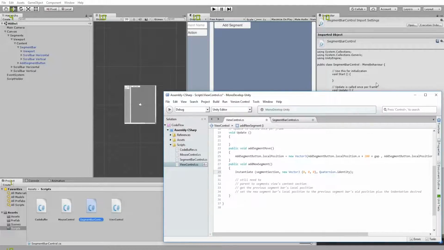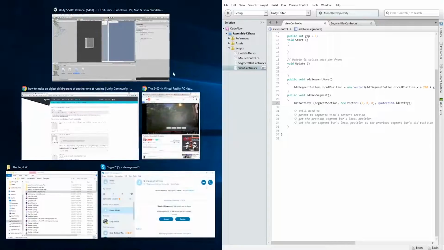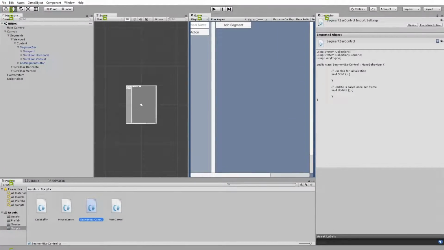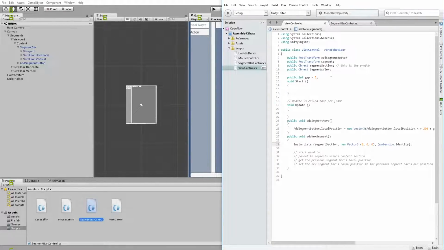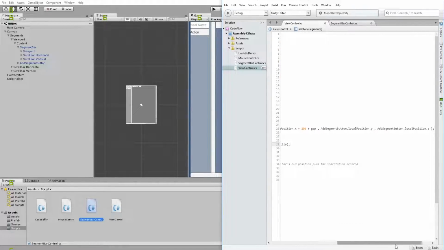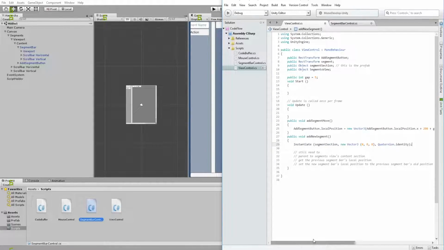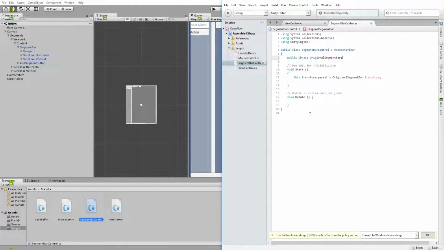Maybe I could have like a running pointer, so that every single time this goes in, it has a pointer to the last segment bar, and it will actually move it over. Or I could have a running counter inside here, and then this will automatically add that to it. And it'll send that over to the segment bar here. So when it parents it,